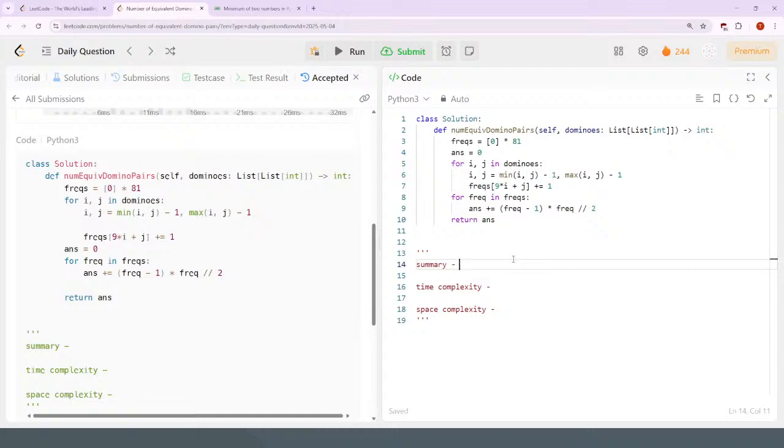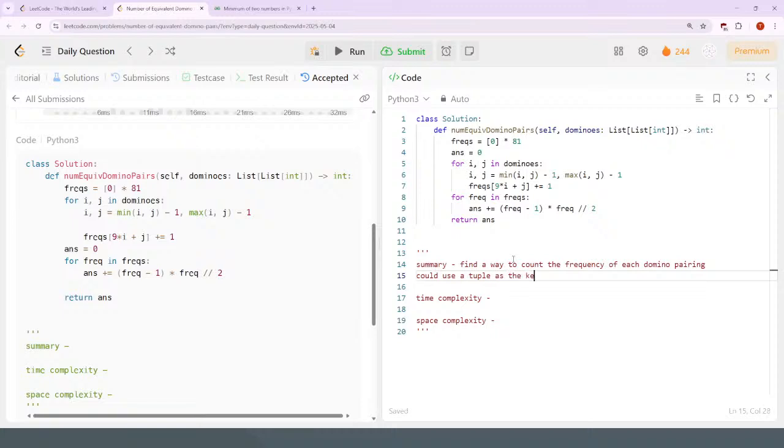Find a way to count the frequency of each kind of domino pairing. You could use a tuple as the key to a dictionary. I chose to